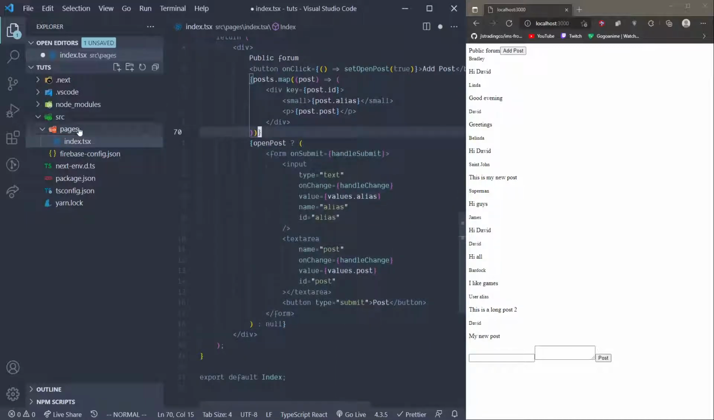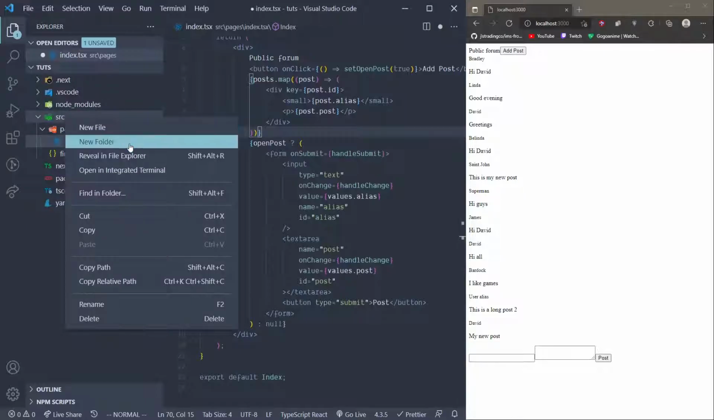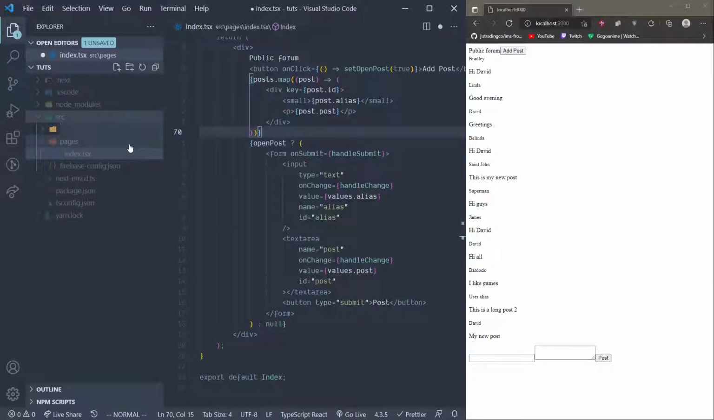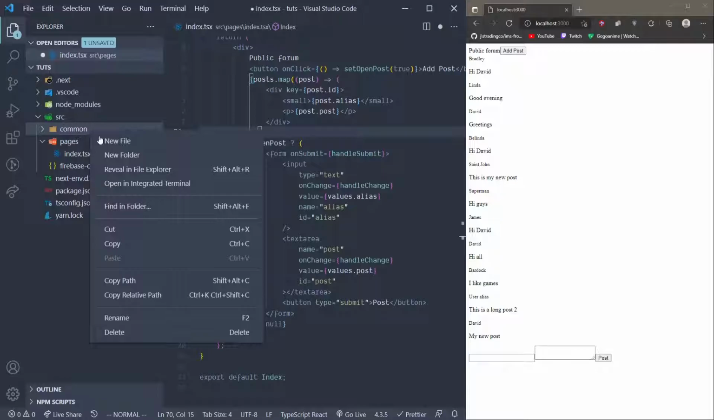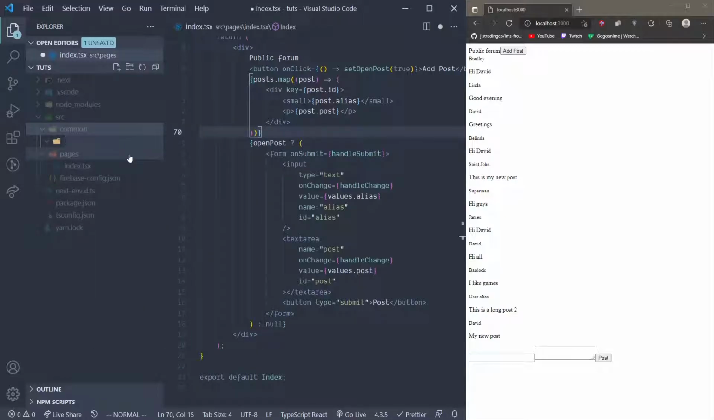So I'm going to go outside of pages and create a folder called shared, or common, let's say it's common. We want the stuff to be common to everyone. Anything that's in common means that it can be shared with others. So common, then we have components. And the reason why I'm not placing these components inside the pages folder is that in NextJS, anything